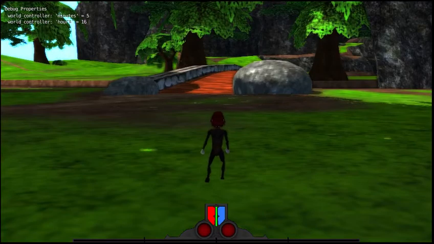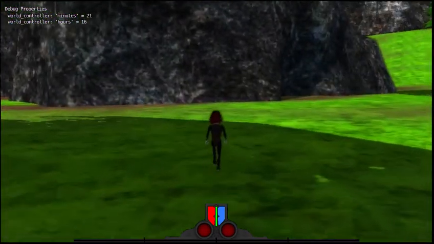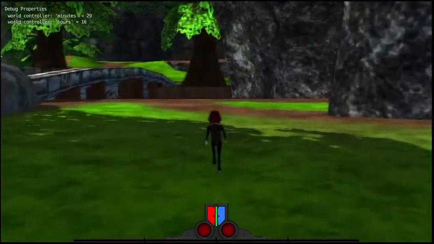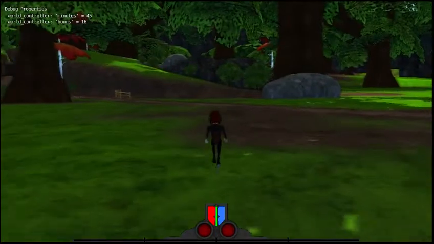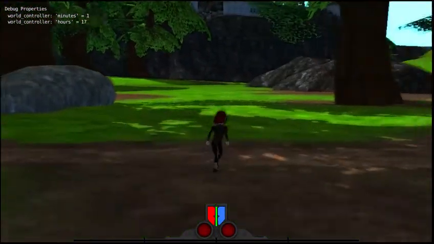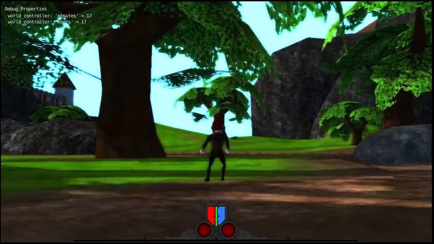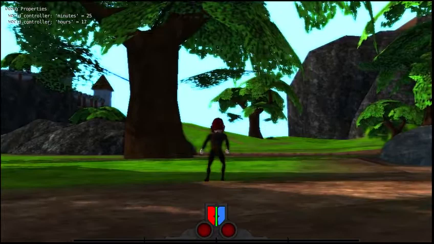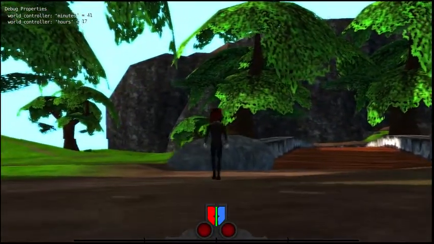Intermittently, though, I've also been adding things like time. You can see the time here. It's sped up a lot so that it's visible in the video. But I've added more smaller things. The time basically led to a day and night cycle. I don't have any clouds or anything yet. I want to do some dynamic clouds, things like that.